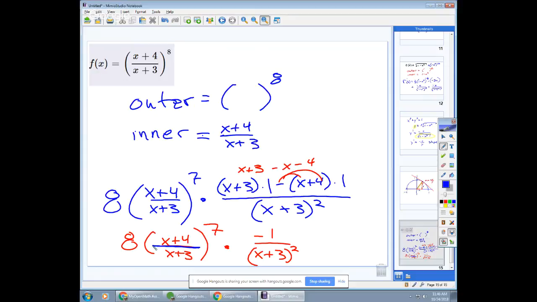Because then I'll have a whole bunch of X plus 3s in the denominator, and you can cancel 2 of them. Yeah, so I'm going to say this is -1. No, nothing cancels here, because multiplication means multiply across the top, multiply across the bottom. Nothing's going to cancel. But I'm going to say this is going to be -8 times X plus 4